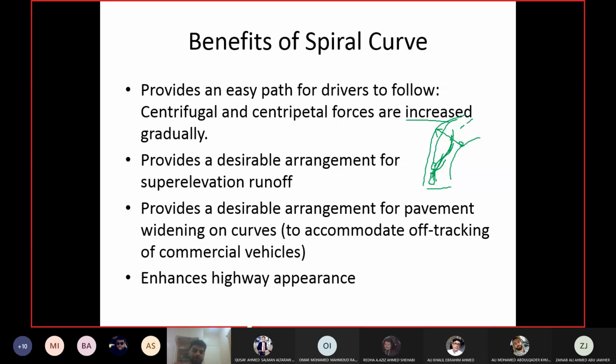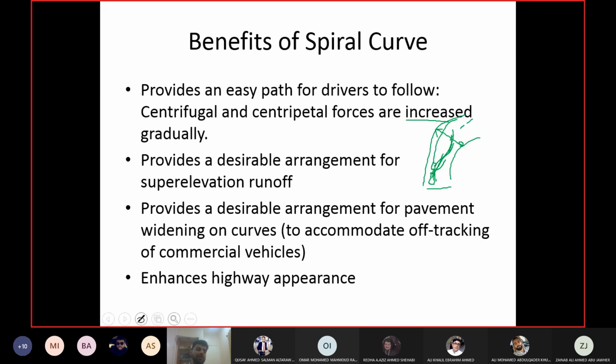Again, the ideal situation is that when the heavy vehicle driver enters the circular curve, the road is already up to the required extra width. So the point here is: you need to change the slope of the road, you will do it on the spiral curve. You need to change the width of the road, you will do it on the spiral curve. Whatever transition you need to make in the cross section of the road, you will do it on the spiral curve. That's the ideal space for making these transitions.